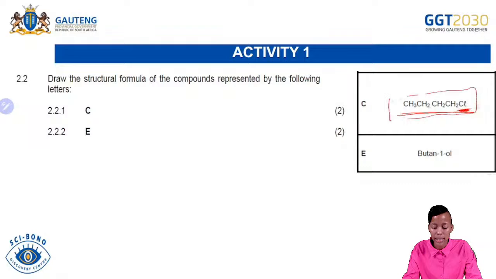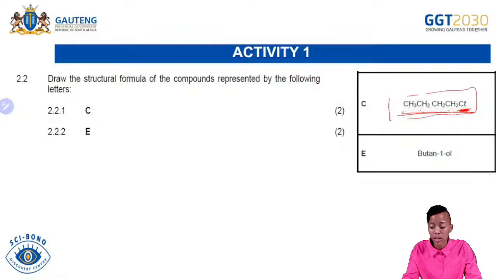a haloalkane. The next thing is that you count the number of carbons. So we see that we have how many? 1, 2, 3, 4. So we have 4 carbons. So you know that whatever structure you are going to draw will also consist of